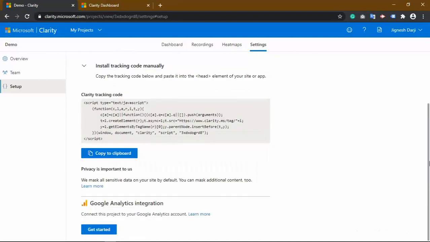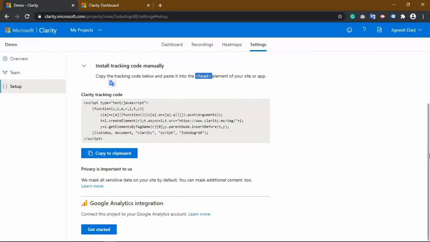This is my tracking code. I just need to copy this particular code and paste it in the head element. When I paste this JavaScript code in my head element, after approximately 2 hours, Microsoft Clarity starts recording my sessions and users. So I copy this and paste the code into the head section of my demo.jigneshdarji.com website.